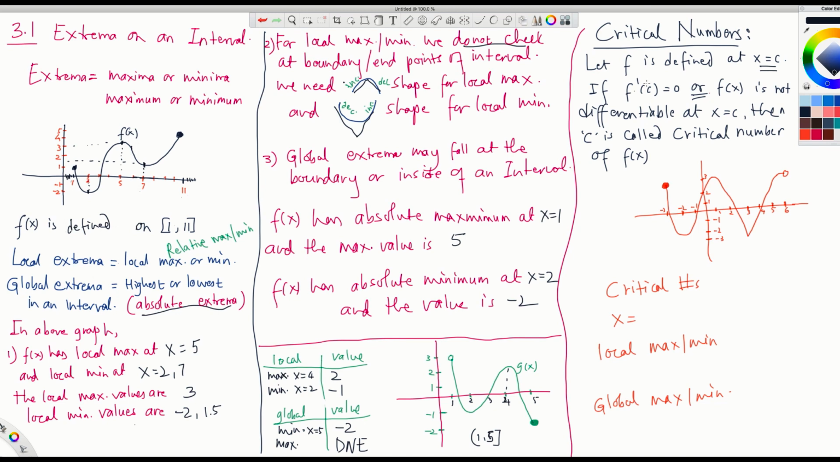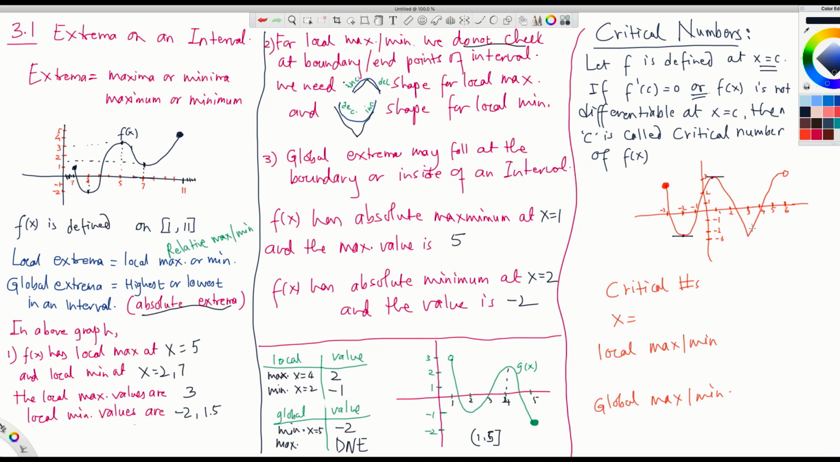mean by that? The derivative is 0 if the tangent is parallel to the x-axis, right? If the slope is 0. Slope is 0 means, for example, in this case, the tangent is parallel to the x-axis. In this case, the tangent is parallel to the x-axis. So if f prime of c, if the derivative is 0 or f(x) is not differentiable at x equals